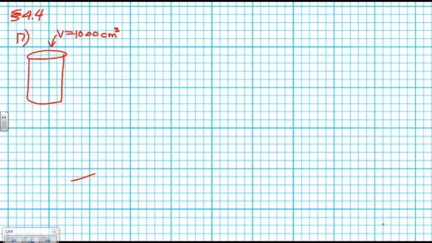so what we have is that the volume of this can has got to be 1,000 cubic centimeters, or 1 liter. And they're noting that the can is actually going to be cut out of pieces of aluminum, and that the area of aluminum that's going to be used,